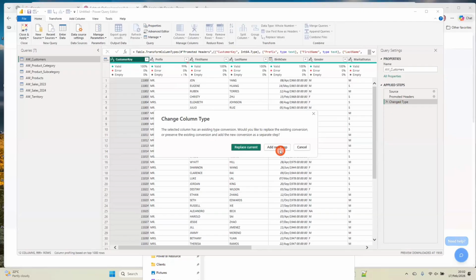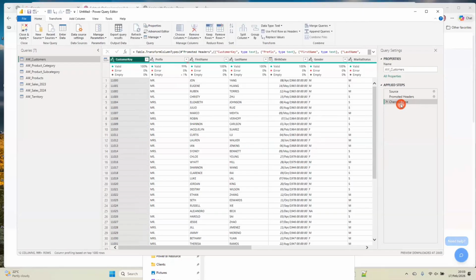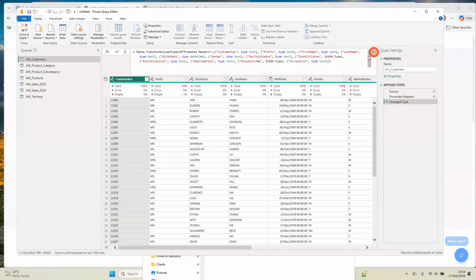Sometimes you may want to create your own step, such that when there is an error, you can always go back to the previous one. But if you want to reduce the number of steps you're getting here and you're sure of what you're doing, you can always replace the current step. It will be part of this, such that when you come to the DAX here, you'll see that the column, the customer key, has been changed to